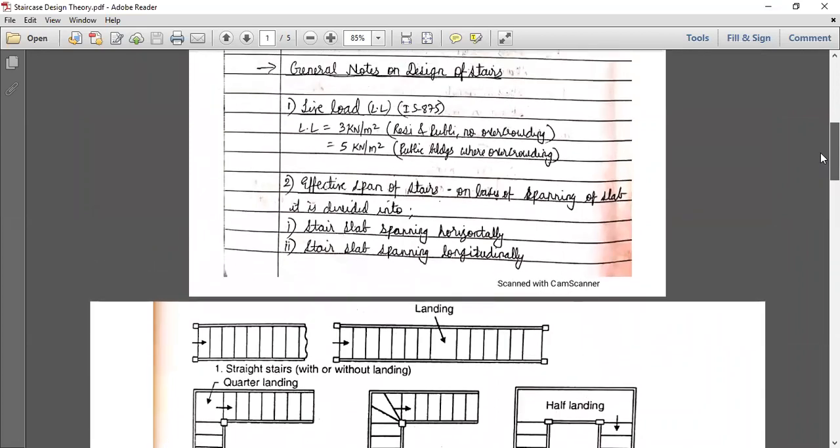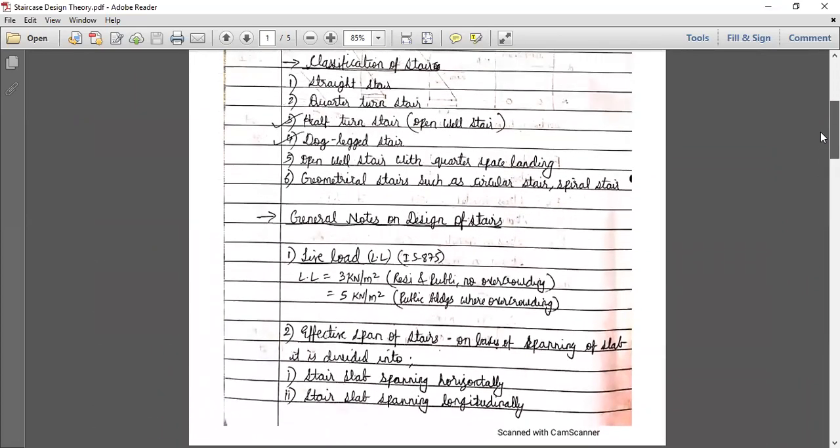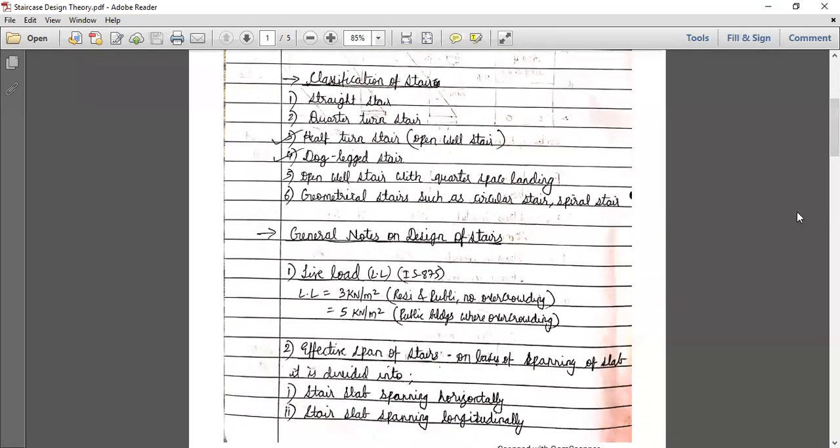Now let us see the general principles for the design of staircase. What is the loading to be considered for the design of staircase? That is the first thing which should come to your mind. The live load as per the IS code, IS 875, which has three parts, 1, 2 and 3, where the various types of loadings are mentioned. Here live load we generally consider 3 kilonewton per meter square for residential and public buildings where there is